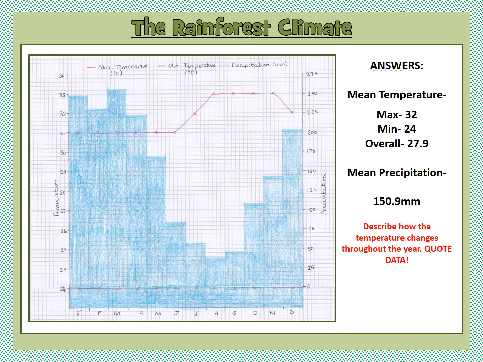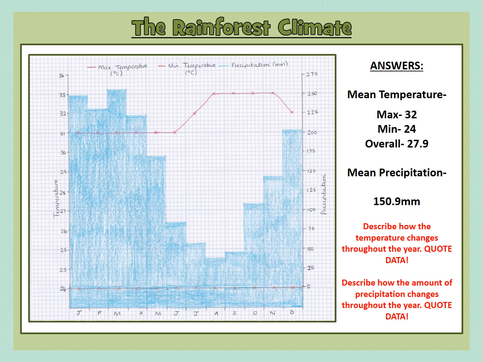Now this quite nicely corresponds with how precipitation changes throughout the year because we can see quite a big difference. So when the temperature is warmer, as it is in July, August, September, the precipitation is also lower. So although in the rainforest the temperature and the rainfall is really similar most of the year, they do have